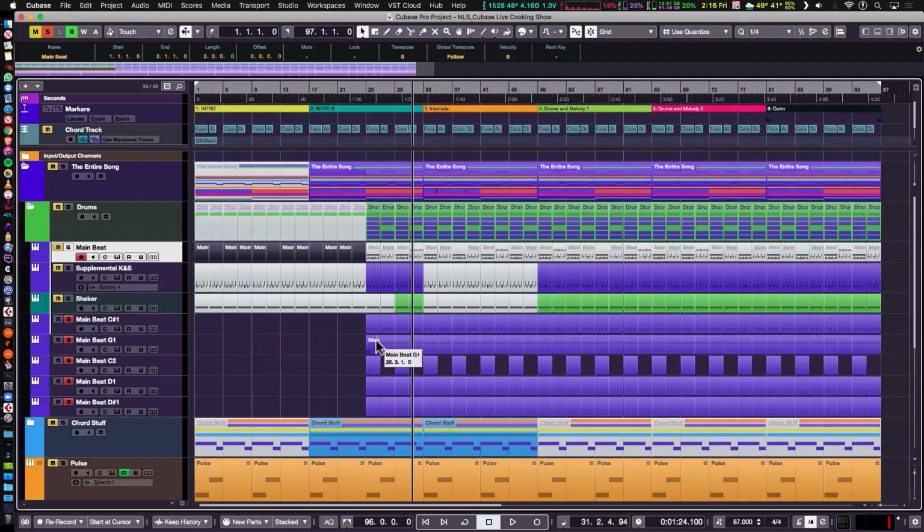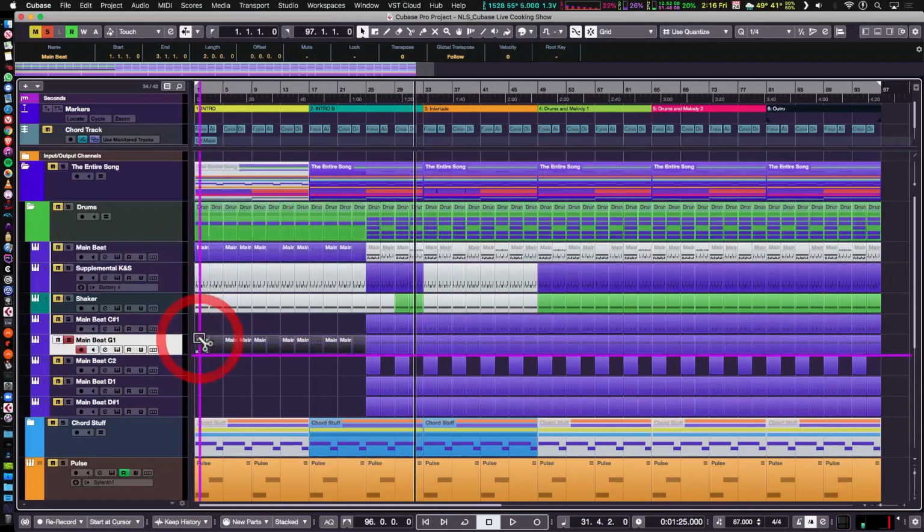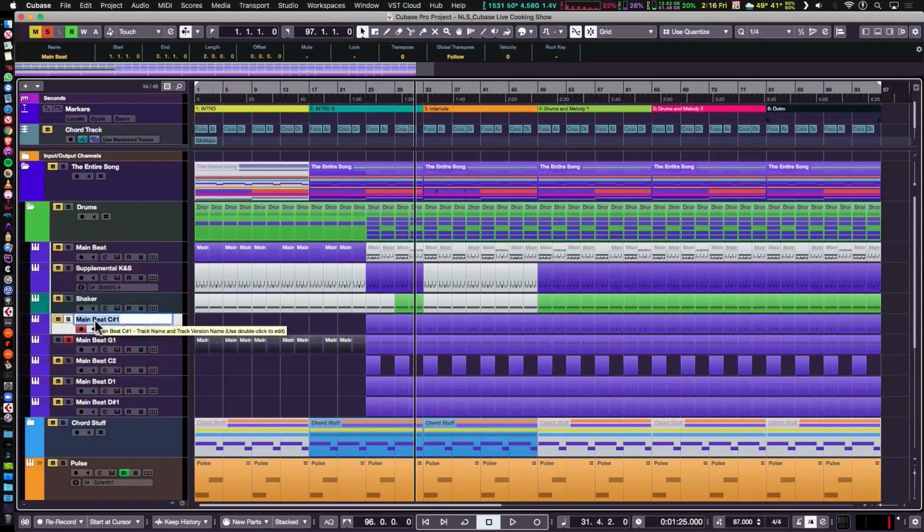So basically what I'm going to do is take the hi-hat part and put it onto the other hi-hat part. I think the hi-hat piece is right here. Let me just make sure before. Yep. So I'm going to option click and drag this down here to the hi-hat track. And for the sake of organization, I'm going to quickly rename things. So I'm going to call this crash, and I'm going to call this hat,